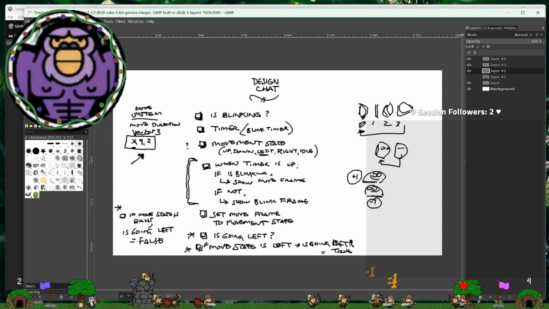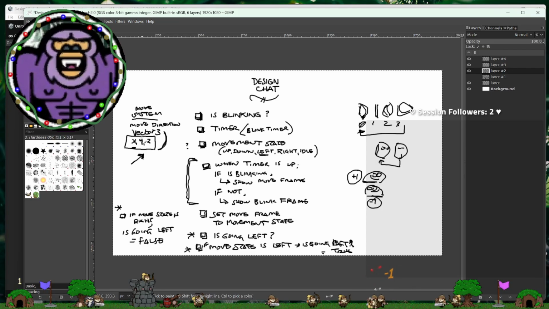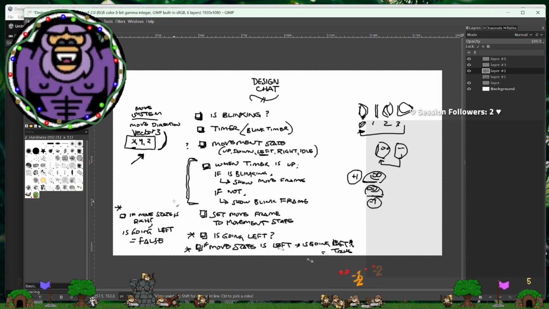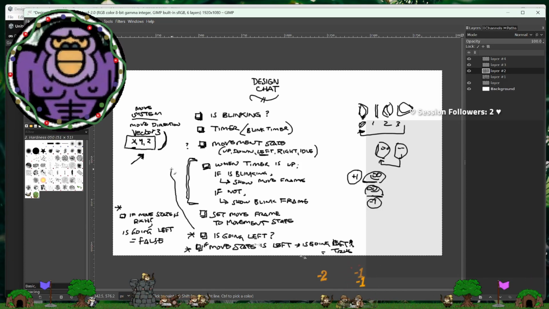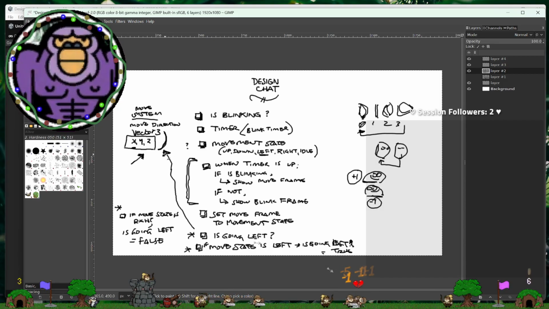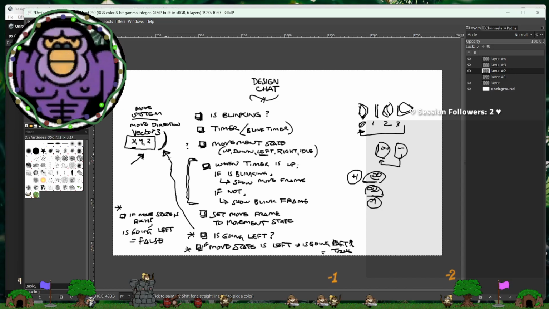Let's have the animation system ask what is going on with the move direction. In fact, let's go look at that when we need to set, are we moving left or not? Correct?